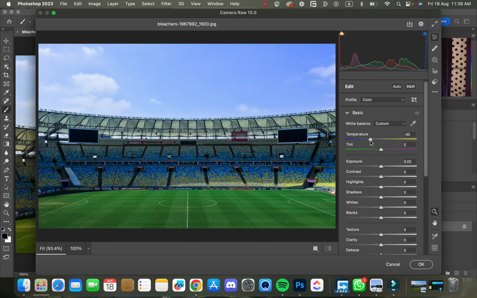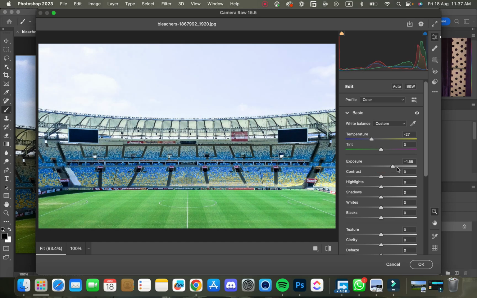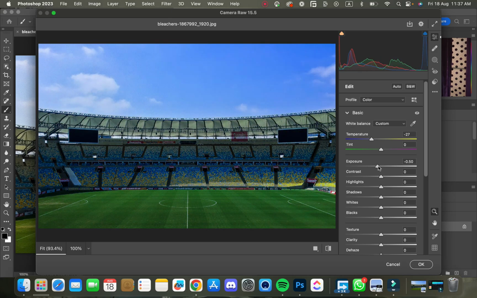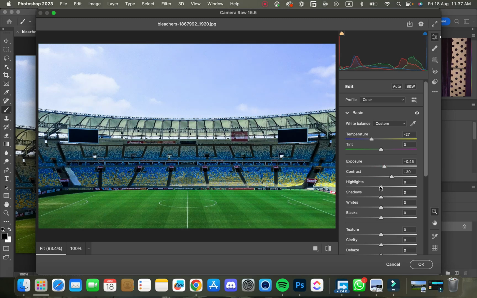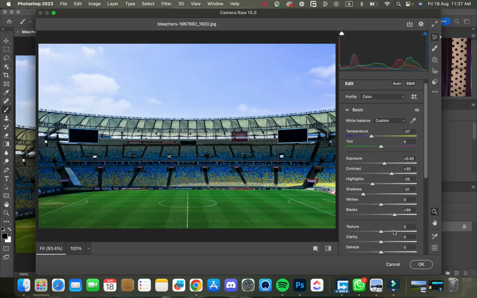This one is looking so natural. Exposure should be, we can control night and daytime also with the Camera Raw filter. Just increase a bit of exposure and below the highlights, shadows, and the blacks are removed, and the texture,